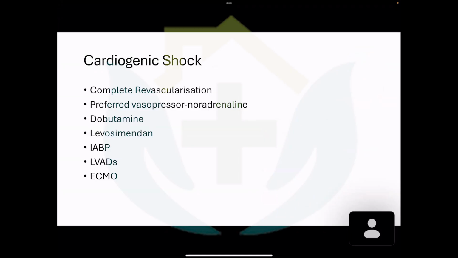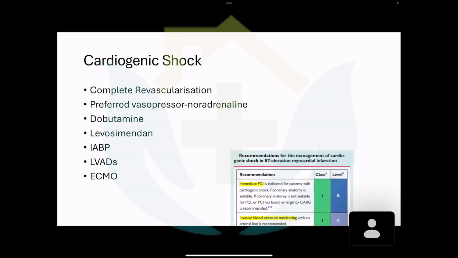Just go through the trials of ECMO, the trials of the IABP, and the graphs of the IABP. Whether there is early balloon inflation or late balloon inflation, which graph is showing which thing, and for ECMO, the parts of the ECMO, whether it is VA ECMO or VV ECMO, these sorts of things, and basic identification of the machine. So if they give you an oxygenator, or the ECMO lines, you can just diagnose that yes, this is an ECMO oxygenator, because this is an MCQ based exam, and diagnosis is enough. Nothing else will be needed from you.